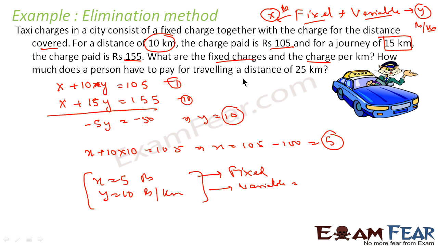How much does a person have to pay for traveling a distance of 25 km? Again, for traveling a distance of 25 km, he has to pay x plus 25y, because x is the fixed charge and y is the variable charge. So x here is 5 and y here is 10. 5 plus 25 into 10 becomes 255 rupees. So we'll have to pay 255 rupees for the